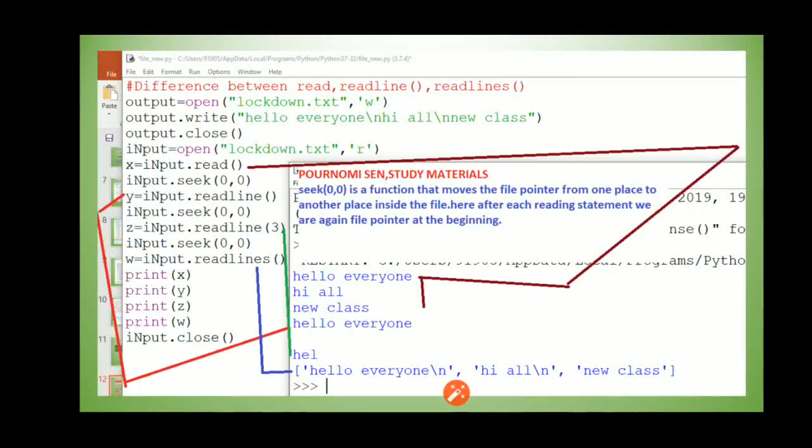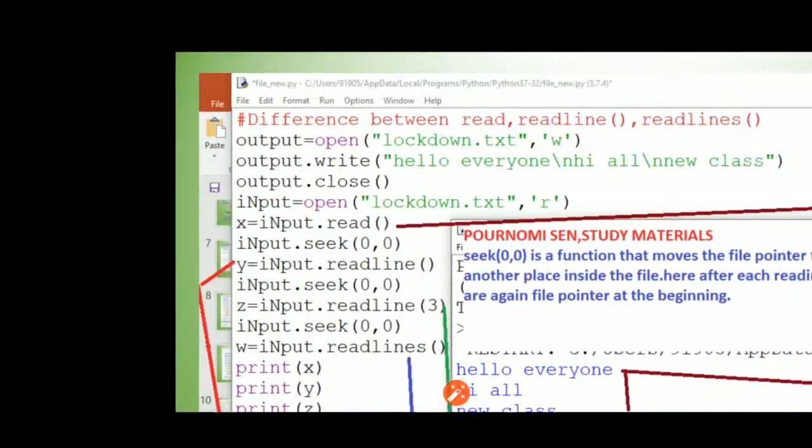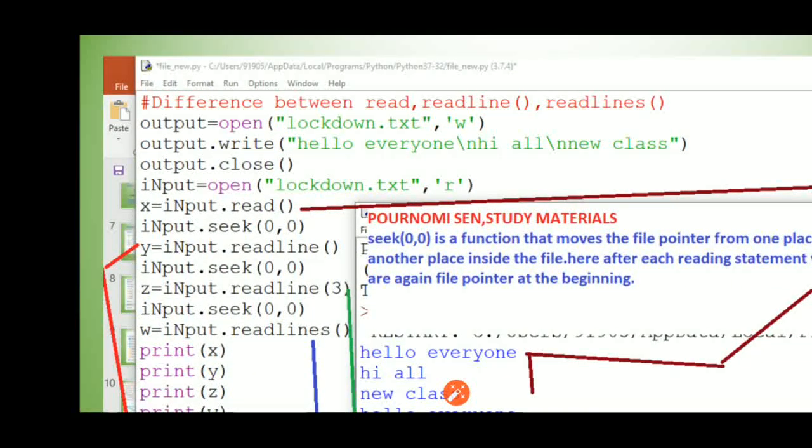So this is the program. The heading says difference between read, readline, readlines. We'll proceed line by line. The first one is, we have created a variable output, opening lockdown.txt that we have created, output.write, hello everyone, hi all, new class. So we have created 3 lines here,